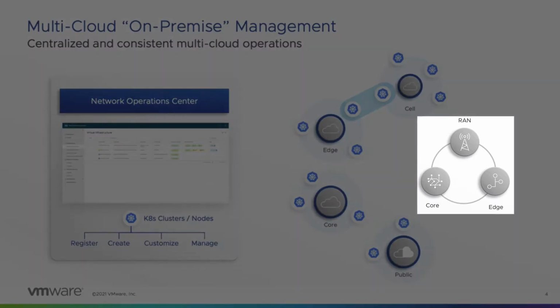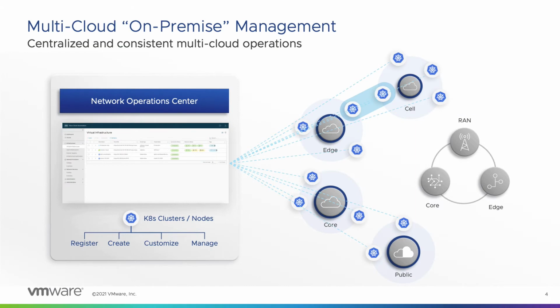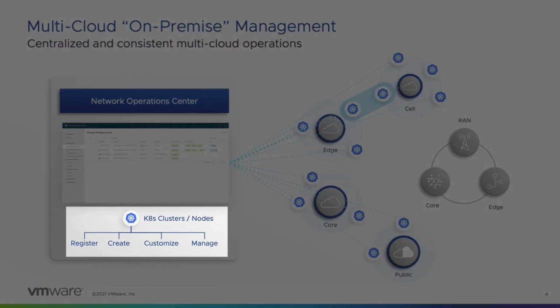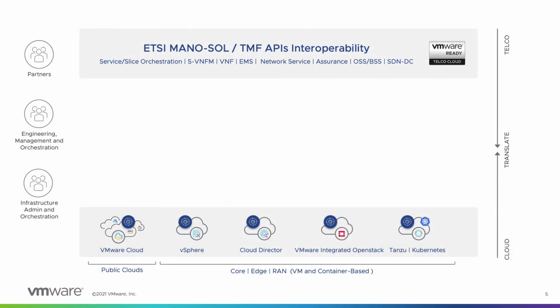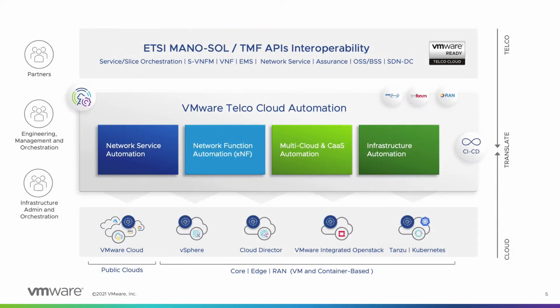From the core to the edge to the RAN, across any cloud, from on-prem to the public cloud, the NOC should enable the operator to easily visualize the infrastructure, customize it, and manage it accordingly. VMware Telco Cloud Automation has been designed with a vision to provide a single pane of glass for multi-cloud operations, providing operational consistency and easing workload instantiation and mobility from the network core to edge and from private to public